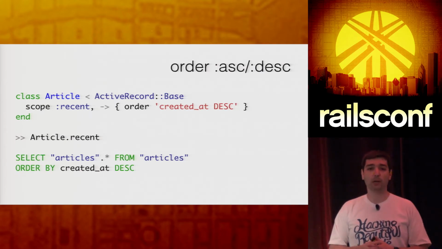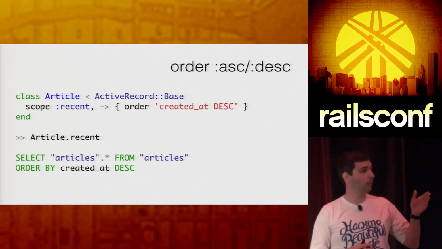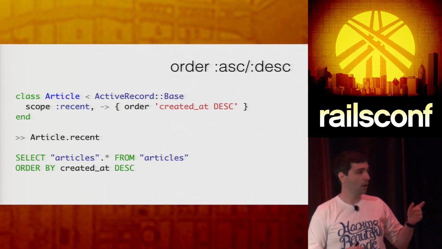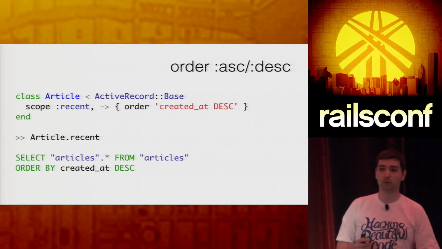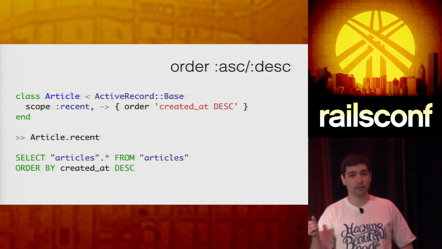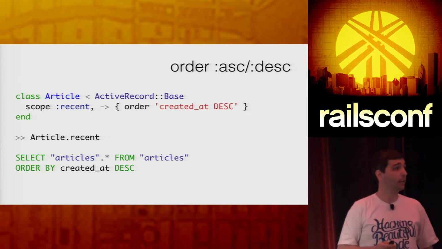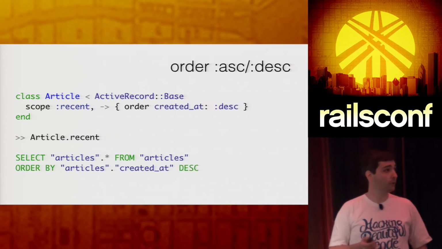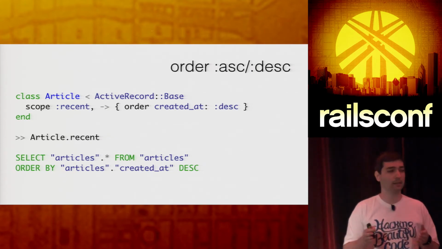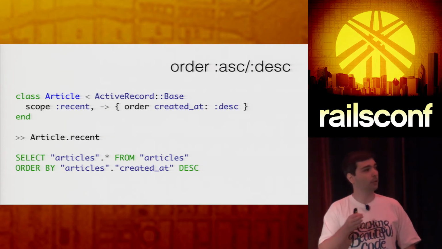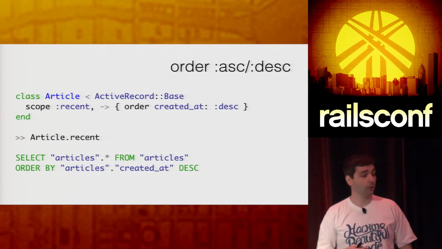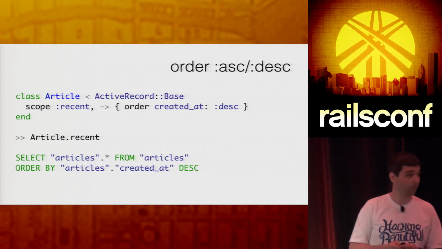Okay, so ordering records. When we order records, like here we have the recent scope for the Active Record model, we need to write down a little piece of SQL, like created_at desc or any order condition, right? So Rails also introduced this hash type of order, so you can use order(created_at: :desc) in a hash-like format, and it's going to create the order condition for you.